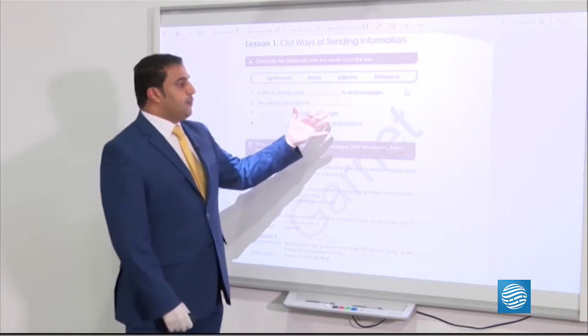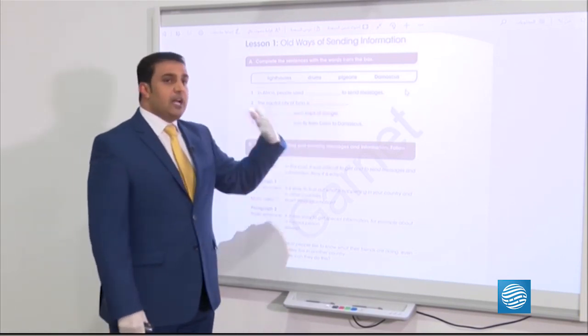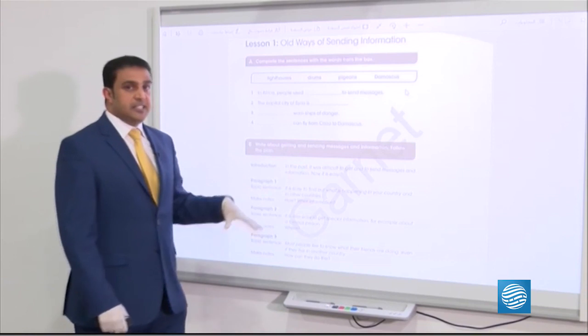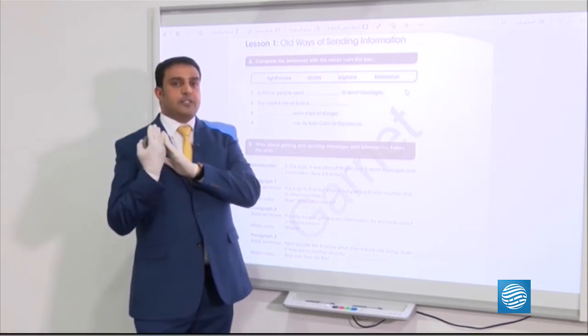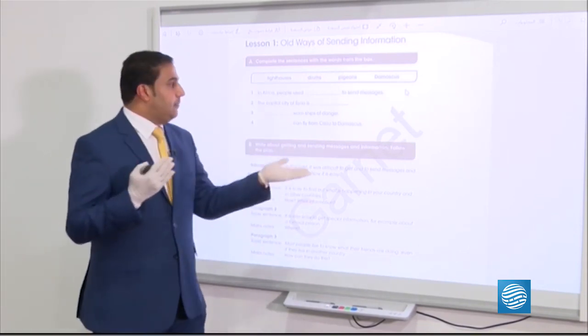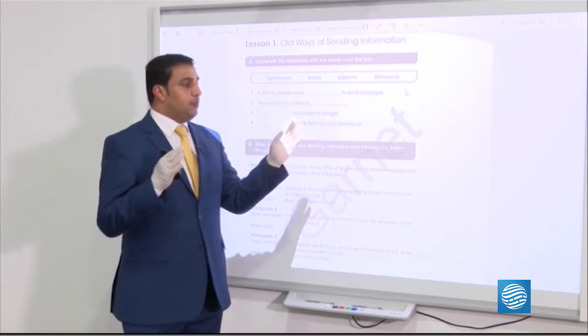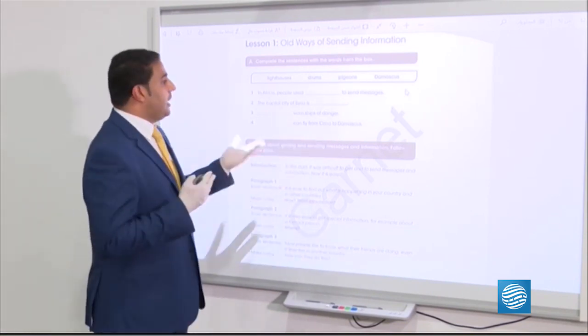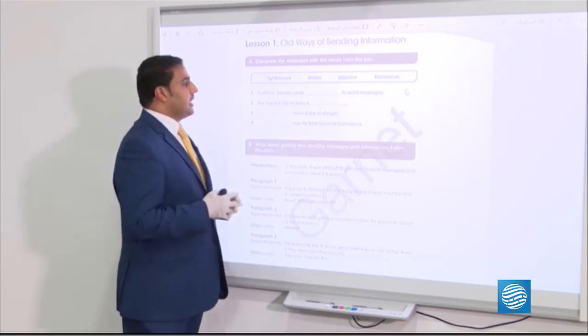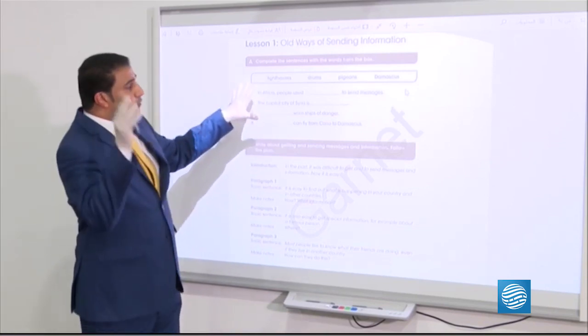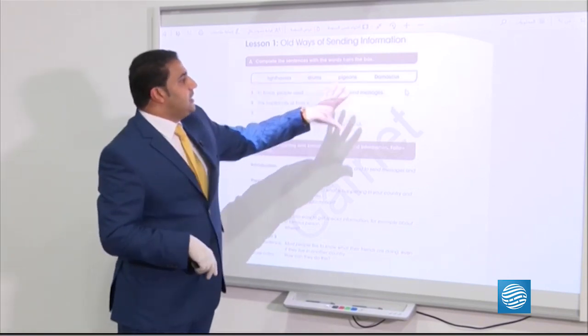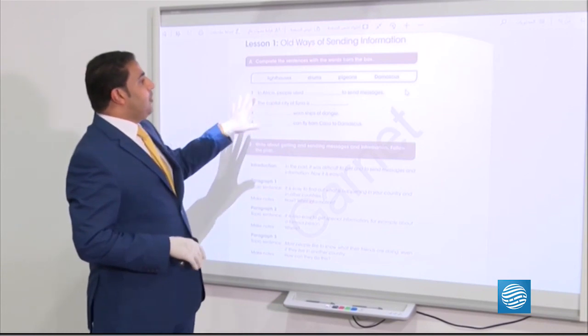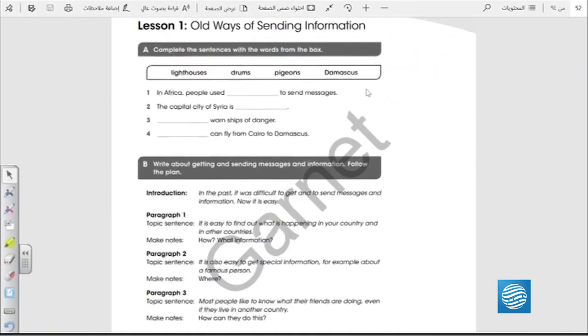Because of the information that we used before and nowadays the technology that we use these days, the ways we used to send information in the past differ from those in the present. So because we have technology and we have internet, this can be different. I want to focus again on these words, okay? These words can be in the final exams as true or false, okay?